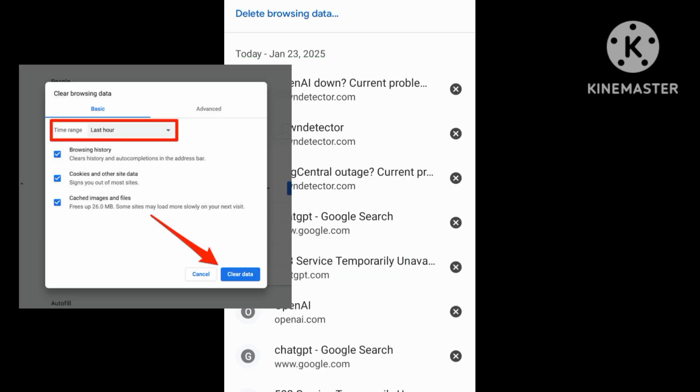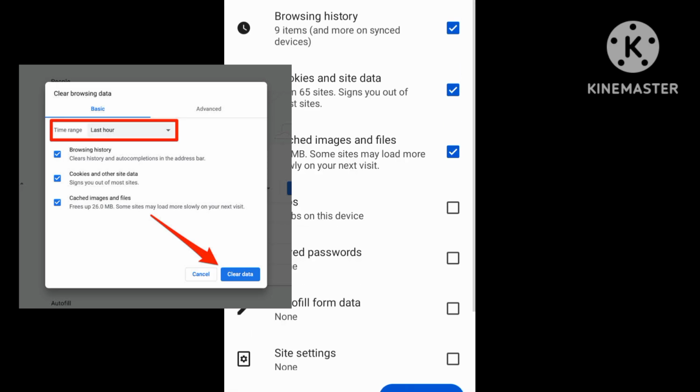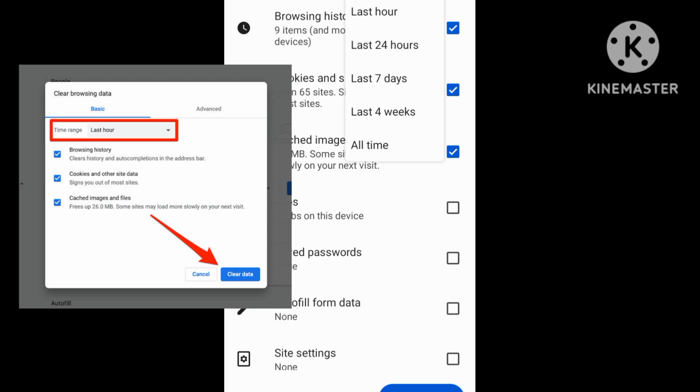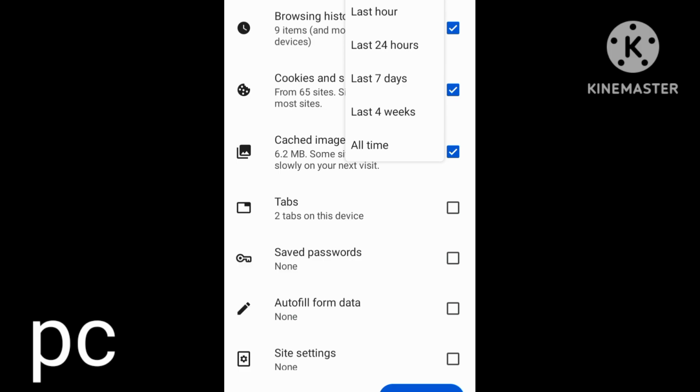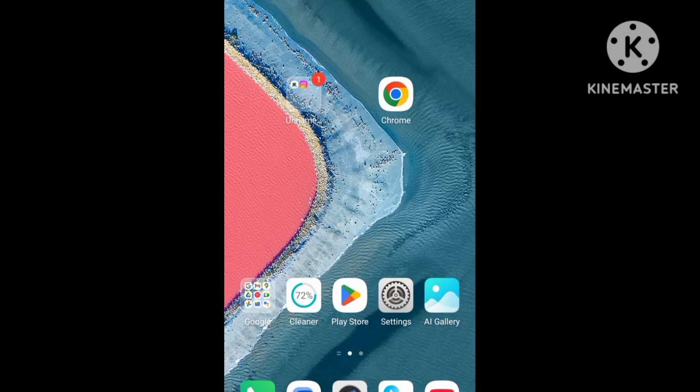First of all, clear browser data. Open and clear the browser data properly, following the guideline, for the last 7 days, 24 hours, and the last week, and then go back and open the